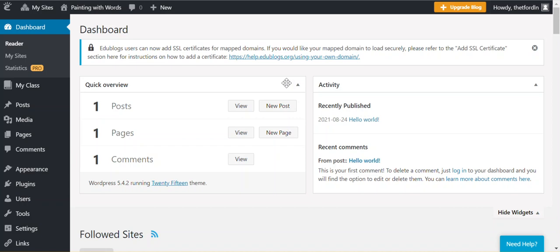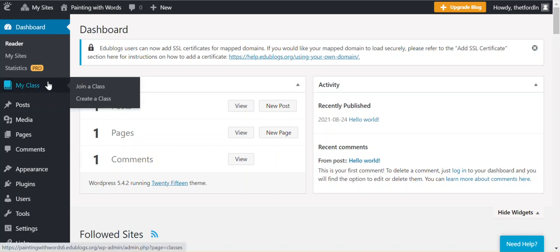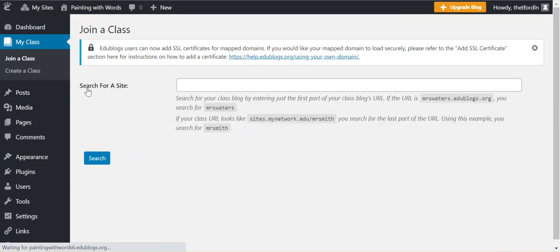The first thing that we're going to do is we're going to make sure that you join a class. So over on My Class, I want you to just hover over that. It's over on the left-hand side. Click that, and then you're going to click Join a Class. Your teacher is going to give you the name of a site that you are specifically going to join. So for my students who are on the Wildcats, you are going to look for a blog that is